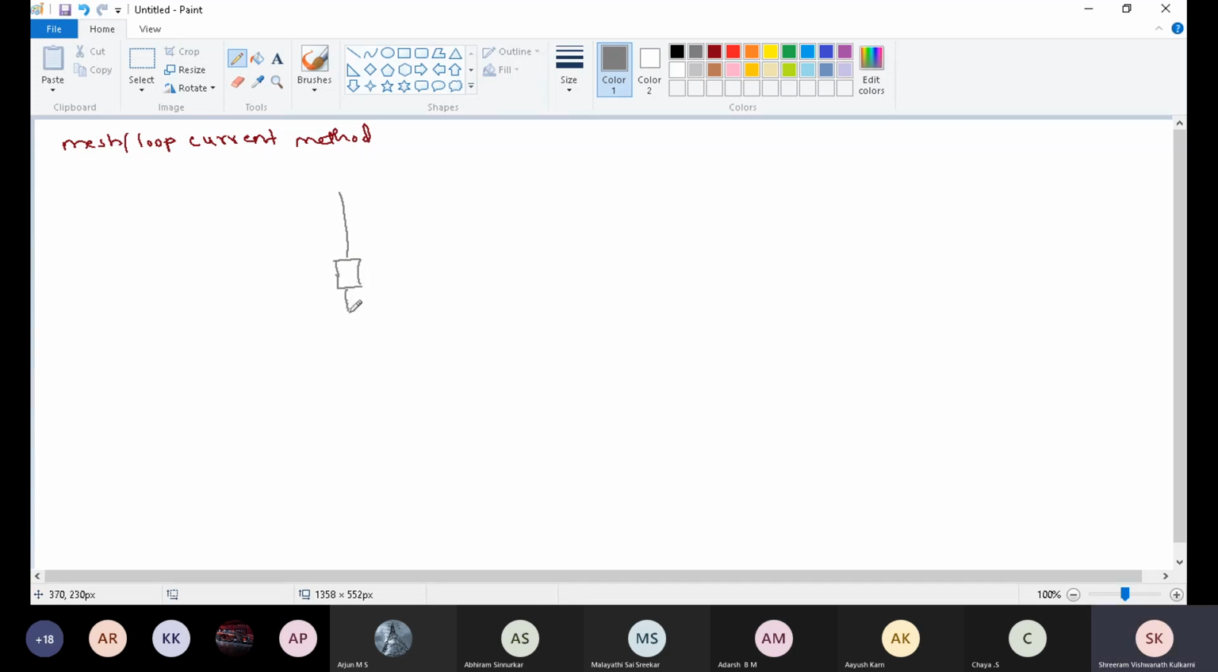Okay, same star connected, no neutral connect wire is connected. It means 3-wire star connected load. Okay, here